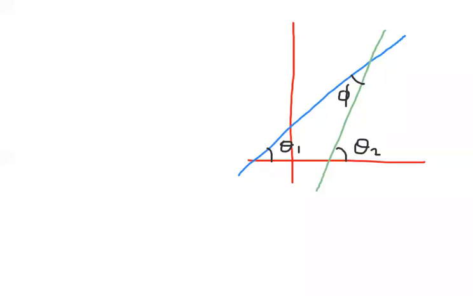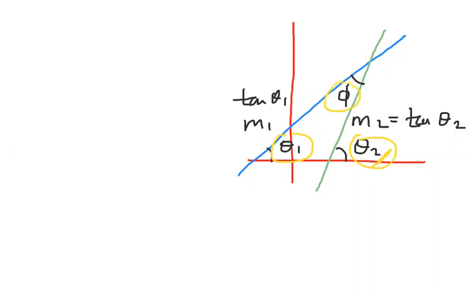Now this angle is having slope as m2. M1 can also be said as tan theta 1. M2 can also be said as tan theta 2. So now we know one concept. I suppose every one of you remember an external angle is equals to sum of interior opposite angles. An exterior angle is equals to sum of interior opposite angles.